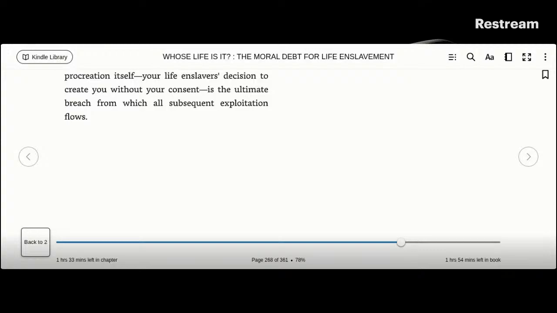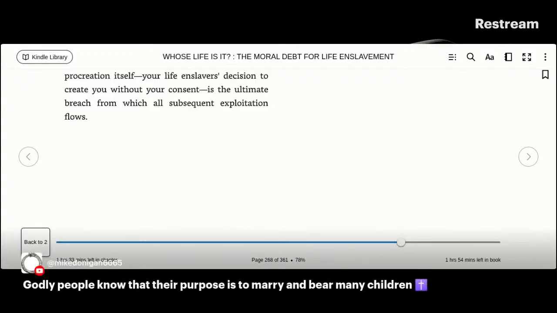I'm just going to go through these comments. You're not gonna like this. I didn't even include God in this, because this is about the state, the master state, and parents, their collaboration to enslave you. If you want me to address God, I can do that too. If you're talking about that evil demiurge of the Old Testament, that is an evil, sadistic fucker, and we don't like him over here.